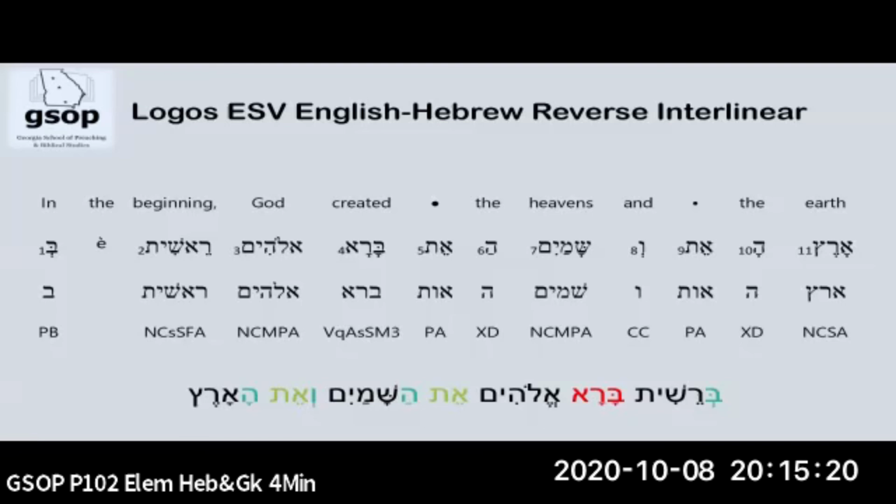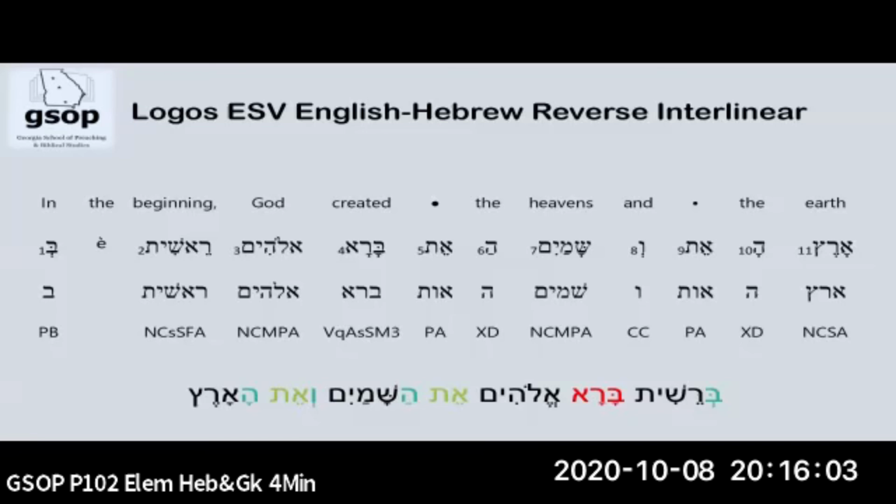And then you have the bara. It's a verb, and it's going to tell you it's a qal verb. We're going to do verbs later. We're not going to go through the singular, masculine, third person singular. And then you have et, which is a particle. That's what the PA is. And then ha is basically a definite article. And then shamayim is a noun, common, masculine, plural, absolute. And then the vav is a conjunction. That's what the C is for. And then the et is a particle again. And then the ha again is the definite article. And then the eretz is the noun, common, singular,